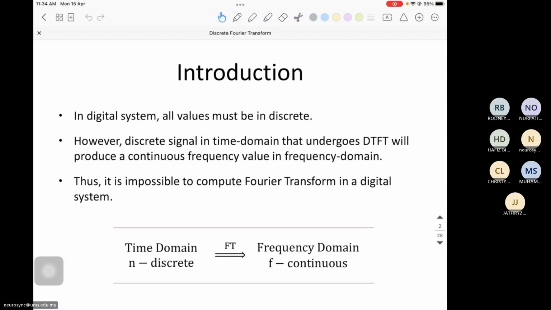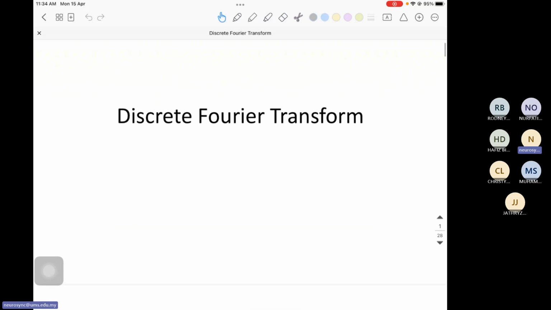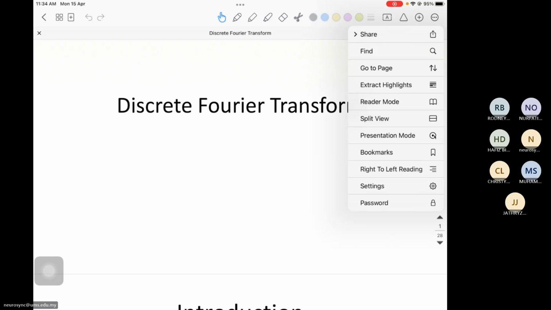But earlier it was DTFT, that is discrete time Fourier transform. Today's lecture is focused on the discrete Fourier transform, that is DFT. So in case of DFT,